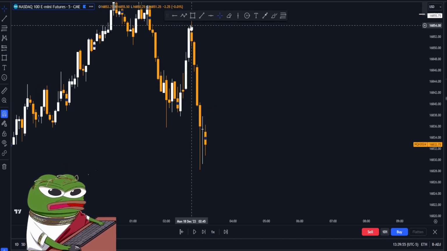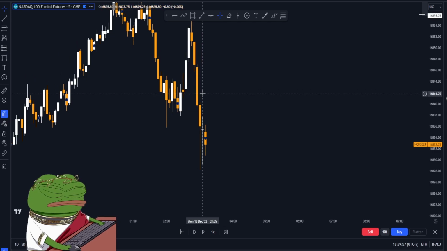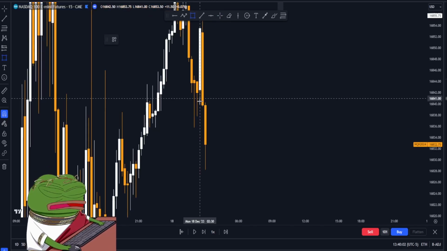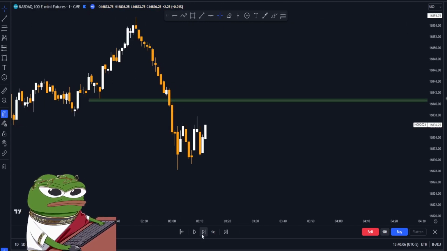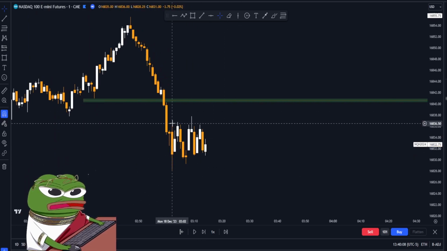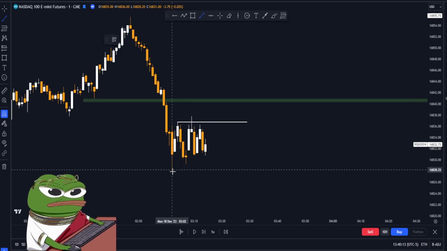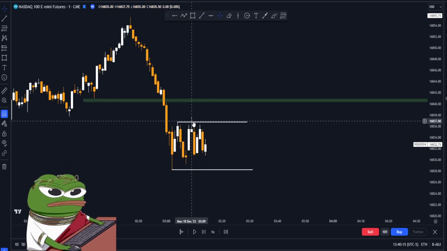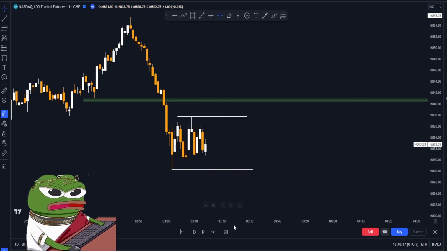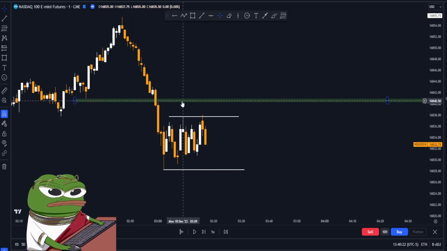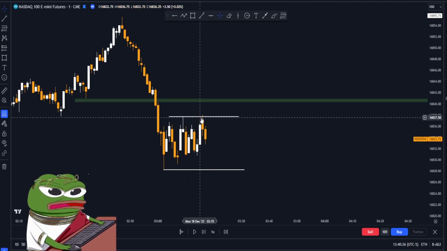You can go to the higher time frame. We still see many fair value gaps here. On the 15-minute, we have a fair value gap here. So let's just wait. And now we can also see that there is liquidity being made above and below these equal highs and lows. So we took out this liquidity now,